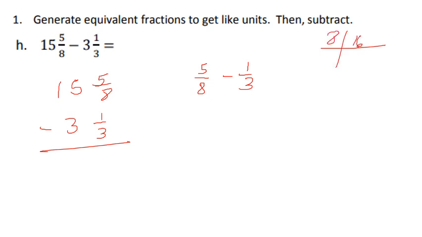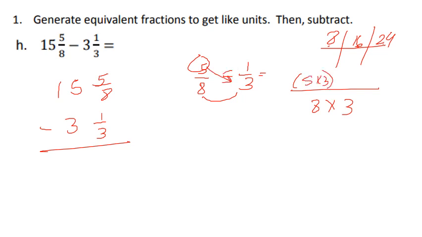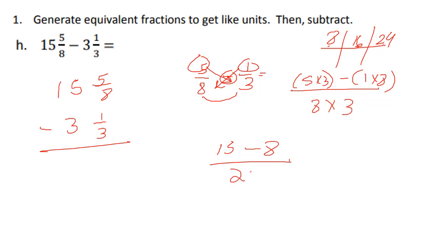I get 8, 16, 24. I know 3 is not a multiple of 8, 3 is not a multiple of 16, but 3 is a multiple of 24, which is the same we get if we do our smiley face method. So let's go ahead and do our smiley face method, which is 8 times 3 with 5 times 3. Put in our operator, 1 times 8. Now when we simplify it, we get 5 times 3 is 15, minus 1 times 8 is 8, over 24,